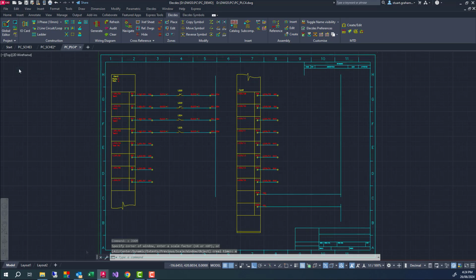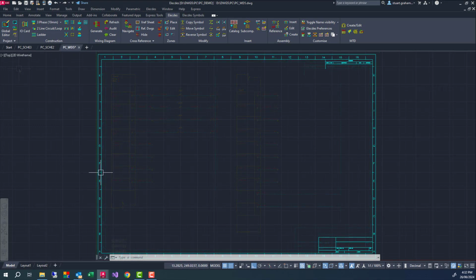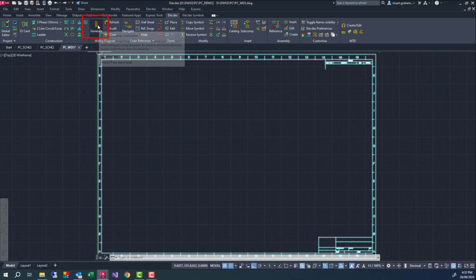graphics. For the next part of the demo, I'll create a wiring diagram, a great tool for wiring your panels, devices and terminal strips. Wiring diagrams give you a list of all of the relevant wires to terminate, plus the terminals to connect them to, and a diagrammatic position for each terminal. On a new sheet, I will start the wiring diagram tool.